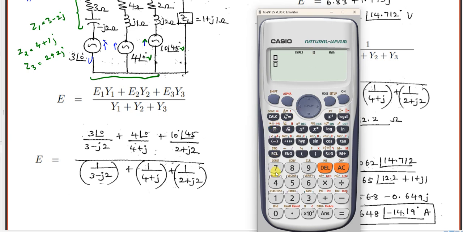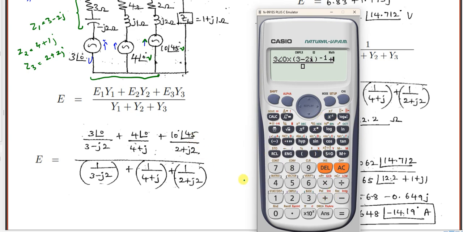Then click on this. So now 3 angle 0. 3, shift, this is the angle symbol, 3 angle 0, into the reciprocal of 3 minus 2j. I have to use a bracket: 3 minus 2j, where j means i. Close the bracket, inverse,